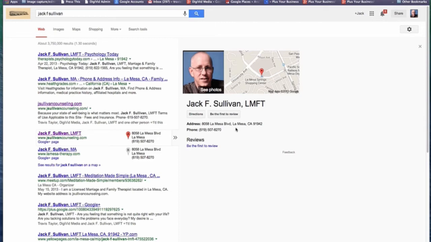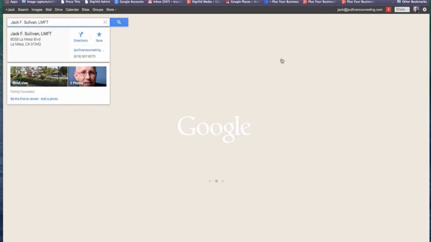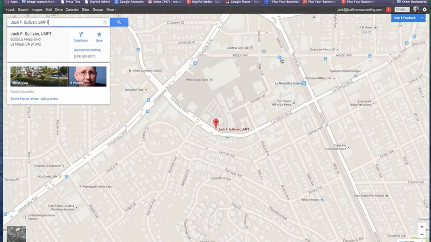So if we try to go in through review right here, it's not a solid link either. It takes you just to a box to do a review. So you have to go through maps, and again we're trying to locate how to get into Places and edit stuff. I'm just showing you how complicated it can be, and then how to make it easier.